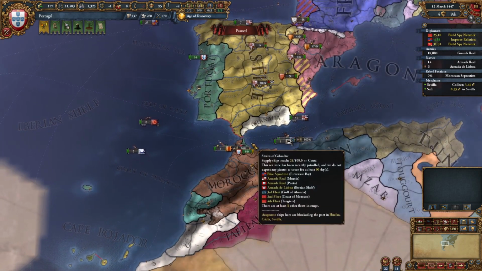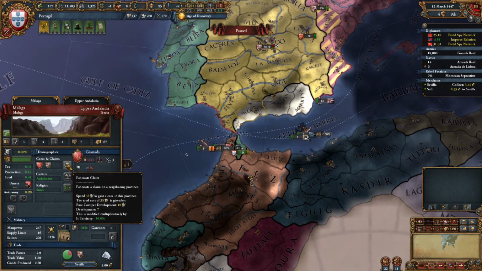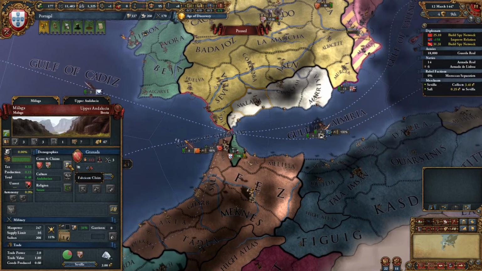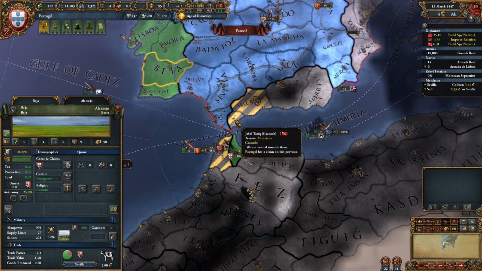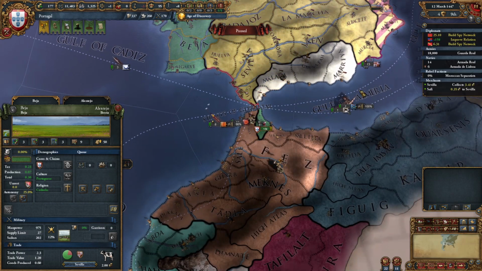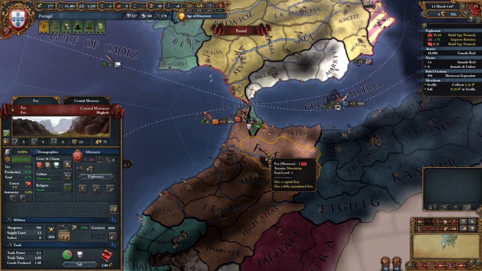Okay, we can now declare war. Let's get another claim. We have 30 points actually with Granada. So let's get another claim on Granada. There were 2 different provinces that we could claim on Granada. Now we have claims on both of them. Looks good. And let's get another claim. Now that we have 25 with Morocco, we can get a second one on Morocco. And I think I will grab...